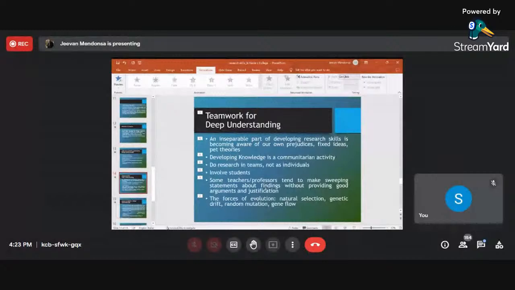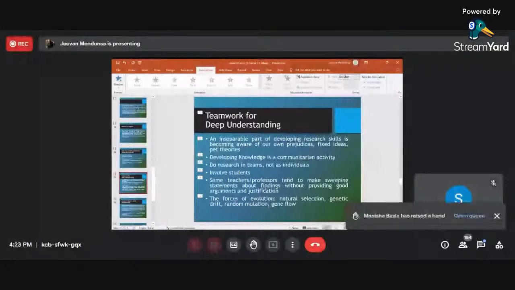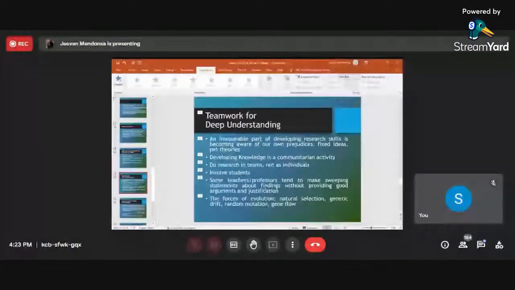So do research in teams. And why not involve students also? Encourage students. Not say, oh, what can students learn? What can students do? No, encouraging them in research, in research problems, in some research questions, and seeing that surely there will be much more synergy, much more energy that will be generated for research.